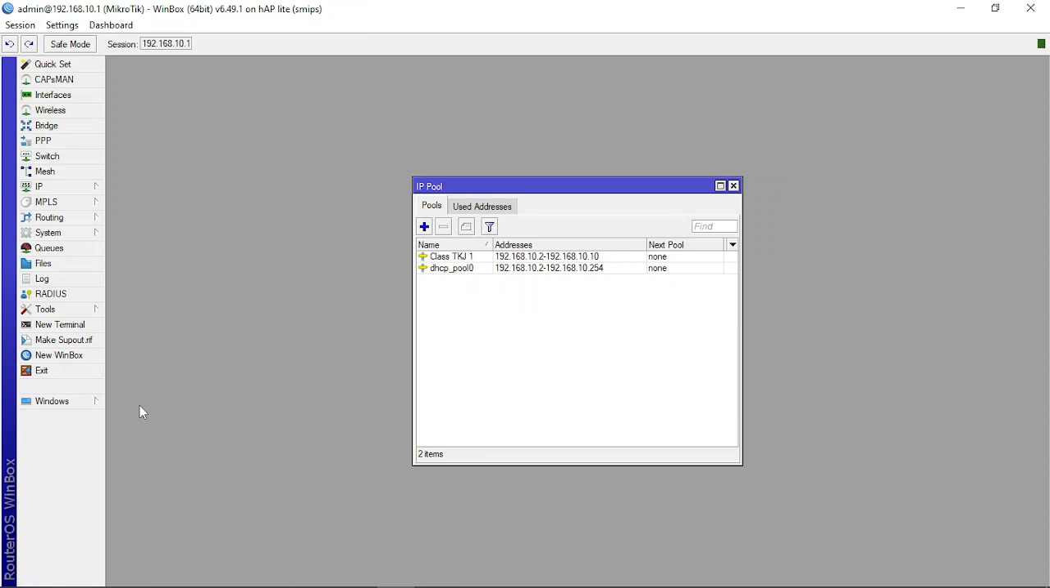This IP pool can be used for the DHCP server and the point-to-point protocol server. Actually, when we configure the DHCP server using the wizard as before, the router MikroTik